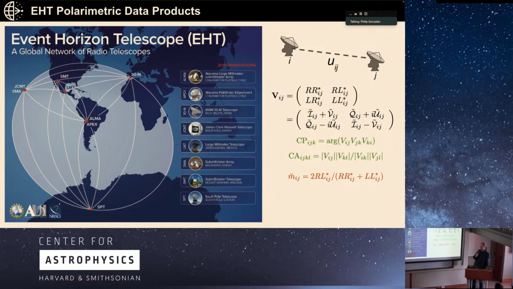One is this m-break, or interferometric polarization fraction. It's really the ratio of the Fourier transform of Stokes Q and U to Stokes I. Okay, so that's kind of a strange thing to think of. It's not bounded to be 1, but it does indicate magnitude of polarization and, in some sense, the direction of the plane of polarization in a scale-dependent way.